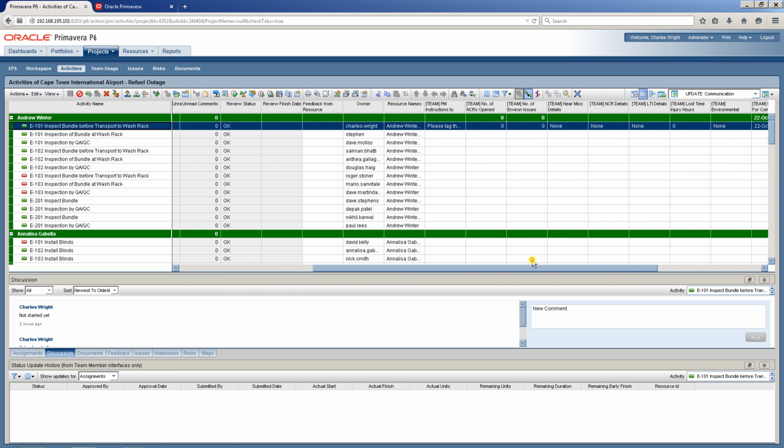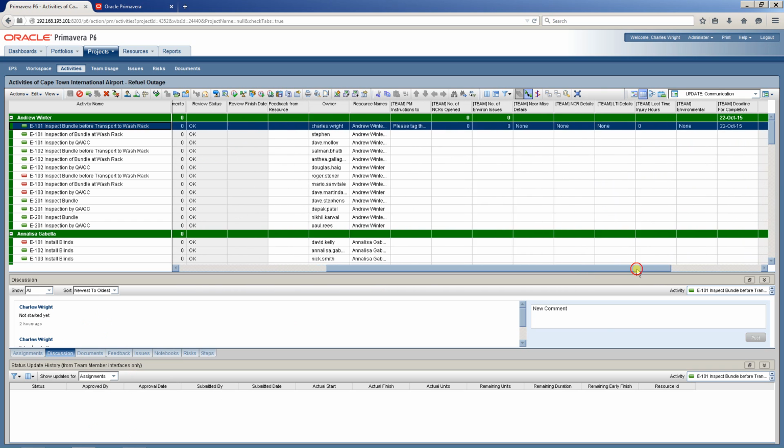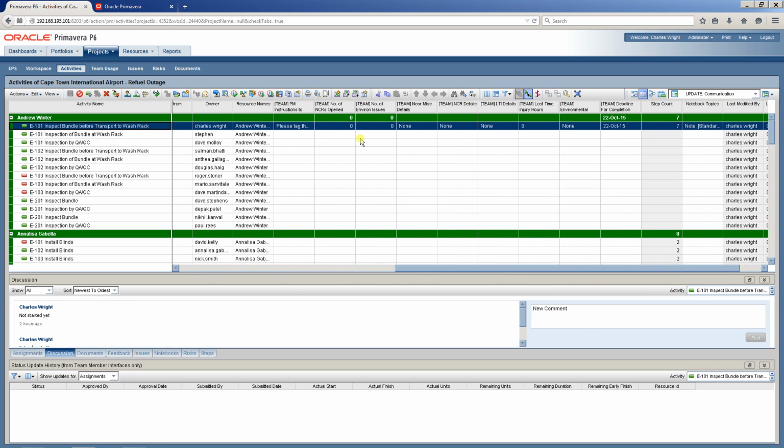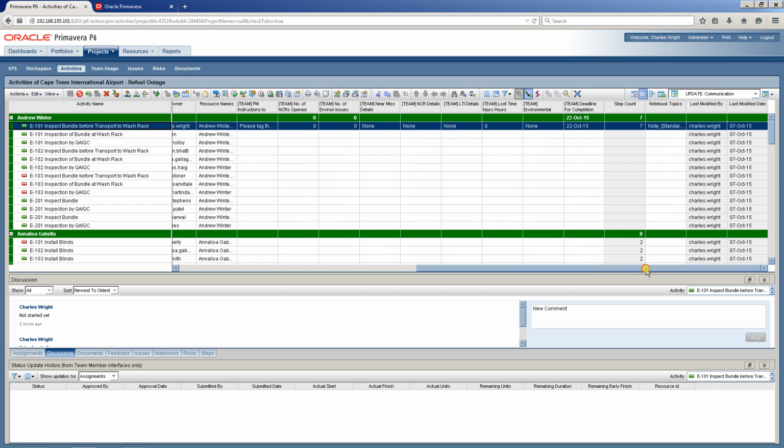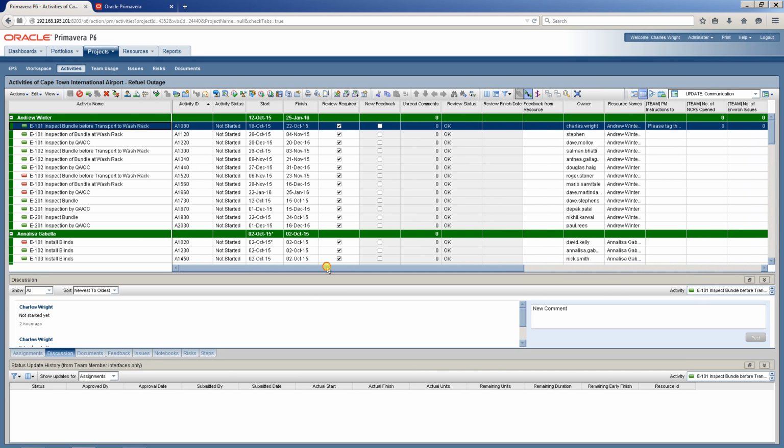You can see now that I have updates if there's a review required, was there any feedback and comments. I have the resources, the owners. I have UDFs that I want them to update if applicable, steps, notebook topics, and who last changed it. So this is a way for me to now communicate between the team members or the resources, in fact, between myself, the team status reviewer, and the resource itself. So let's take this activity here, E101, inspect the bundle before. So I've planned this work, and now I've assigned the resource and say, please go and now update me on